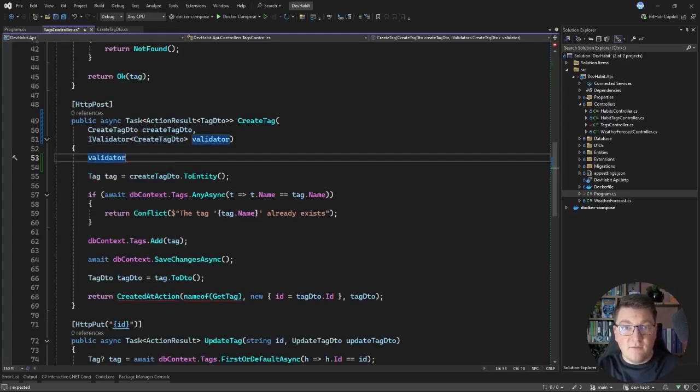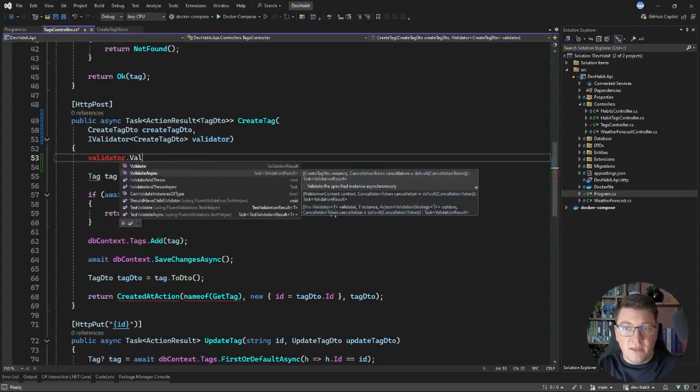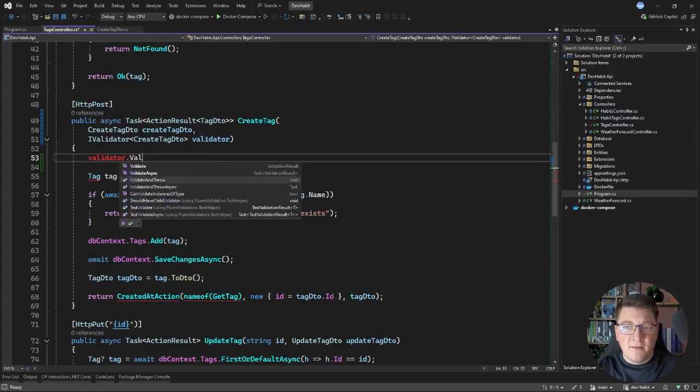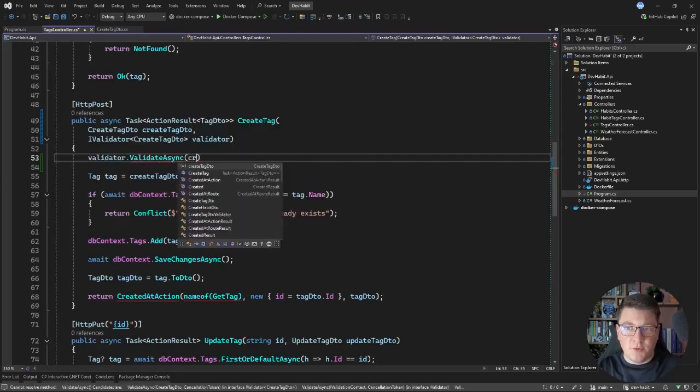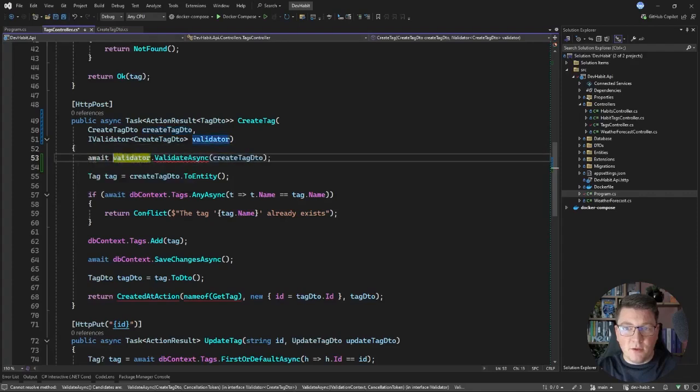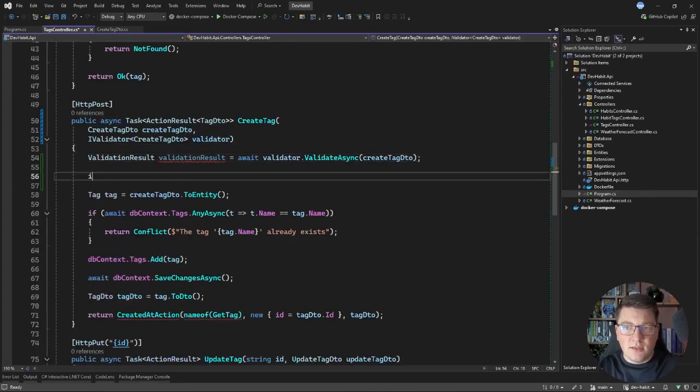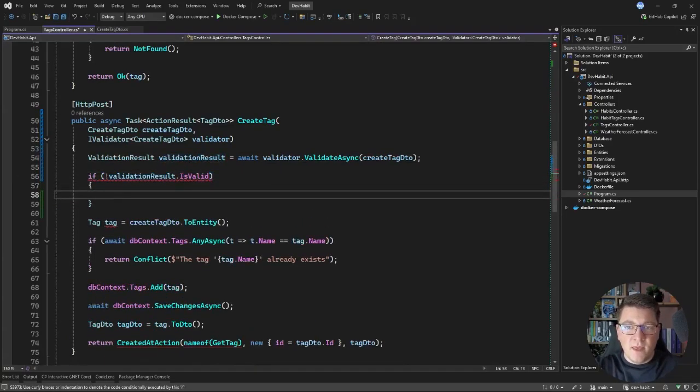So now that we have the validator instance, we can call validate or validate async. There's also validate and throw, which is going to throw a validation exception if we run into a problem. So let's say I go for the validate async approach. I need to pass in my DTO, await this, and I will get back a validation result. So then if the validation result is not valid, and I need to negate this condition in front, then we can